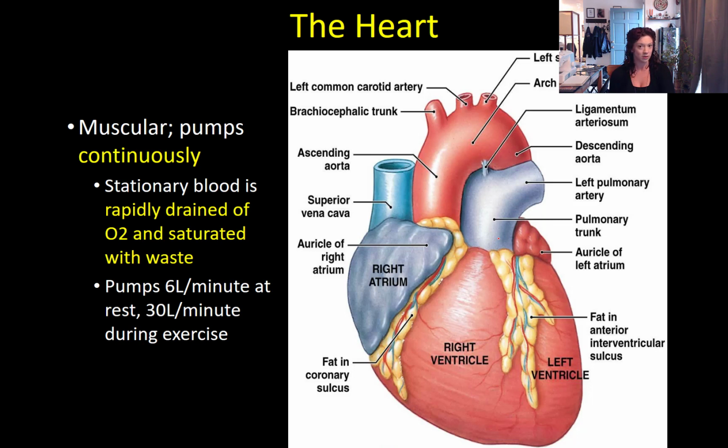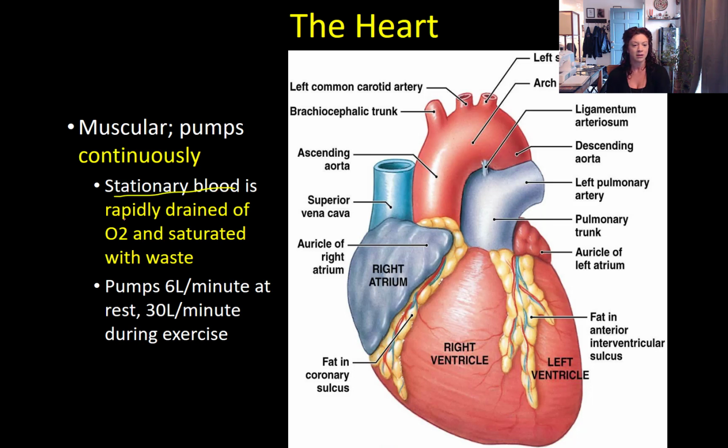If you're in really good shape, it'll beat about 60 times a minute. Average shape, 70-ish times a minute. 60 minutes every hour, 24 hours every day, 7 days every week. Think about the total number of beats, of muscle contractions. That's incredible. The reason it has to do this is because of stationary blood. If blood were just allowed to sit